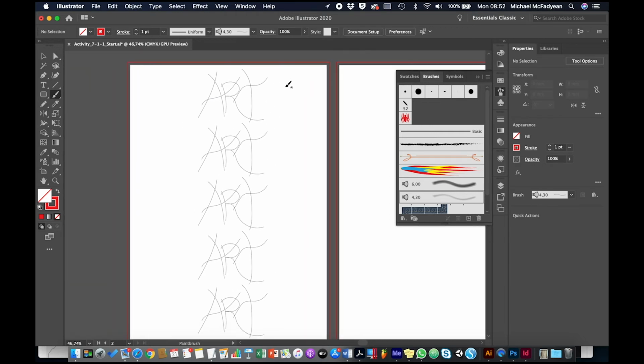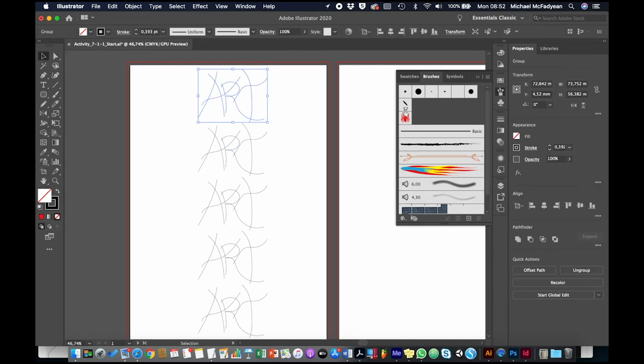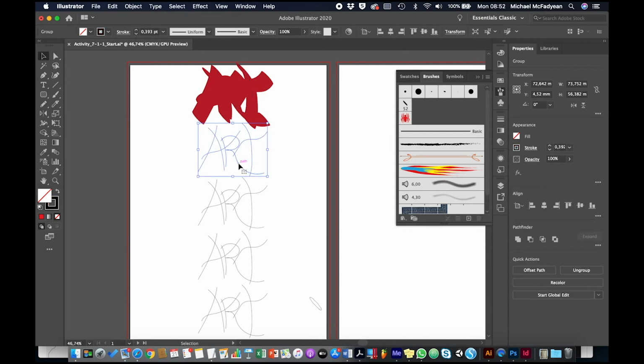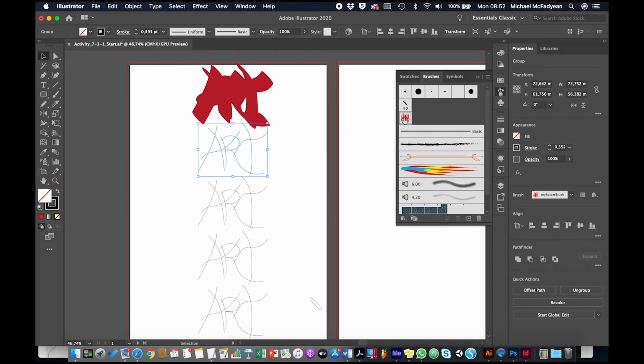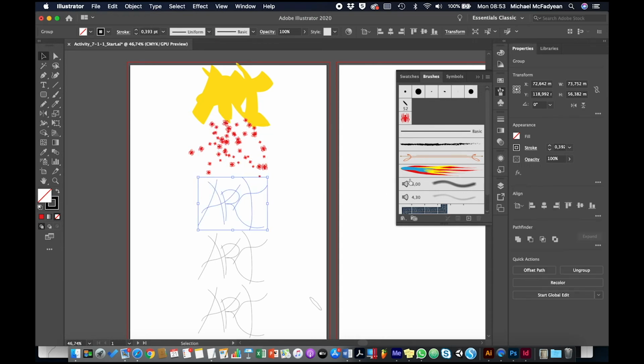So over here, we're going to take the first piece of artwork and we're going to apply our 52 point My Brush 1 and we'll set that to red. In the second one, we'll use the scatter brush, and okay, I think I'm going to go back here and change this color so that the scatter brush shows on top of it. Then we're going to go to my flame brush,